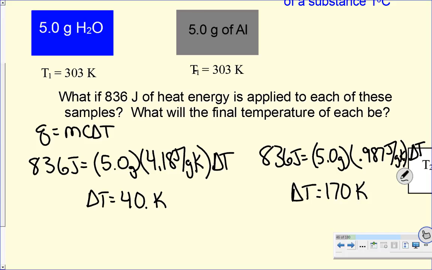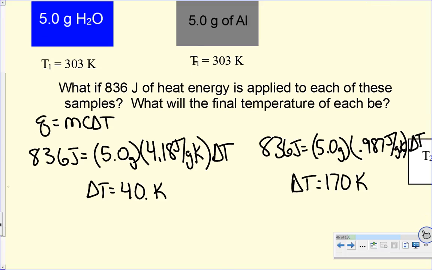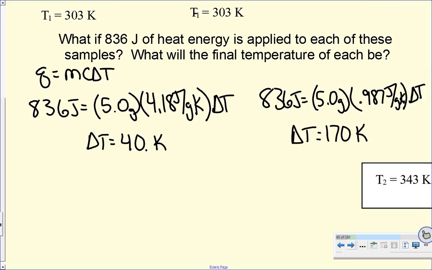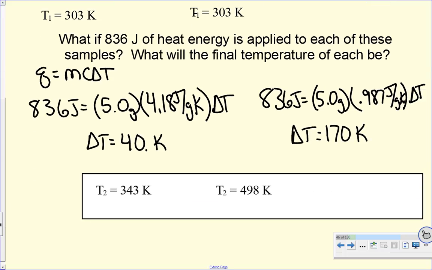That's a really huge difference because of the low specific heat for aluminum. So what we actually find here is that we would end up with a very hot piece of aluminum compared to the final temperature of the